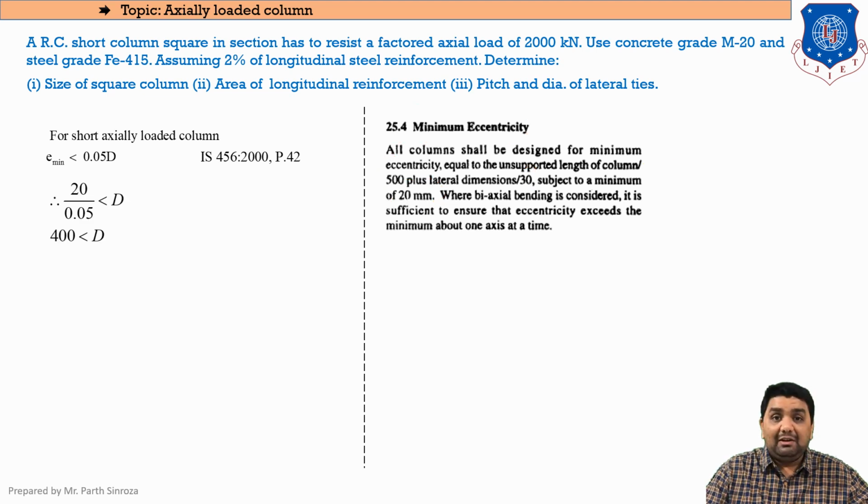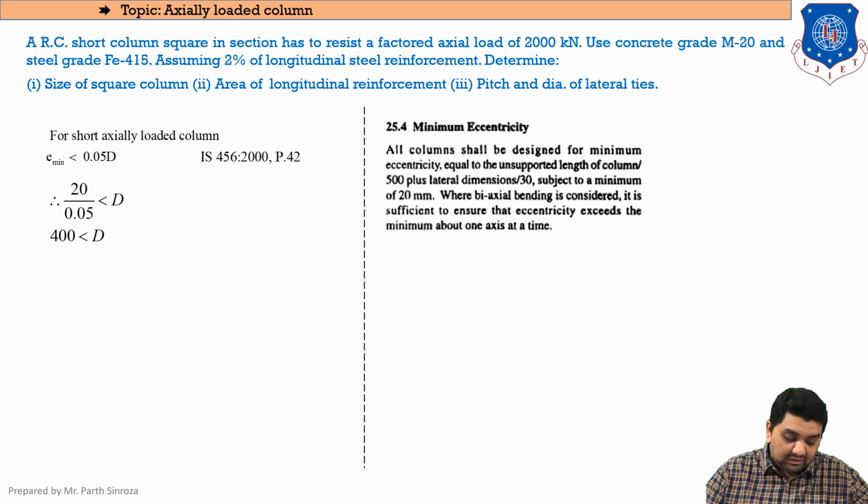So we'll be taking the E value to be 20, and we'll be finding the dimension, that is D, the lateral dimension. Clear? So in this case, it is proven that 400 should be less than or equal to D. That is, the dimension that we have provided should be greater than or equal to 400. Clear? So as we have provided the dimension to be 400 cross 400, this check is verified and the dimension that you have provided is okay. If it was less than, then you need to go one step back and provide a higher value and then come back to this step for the check.